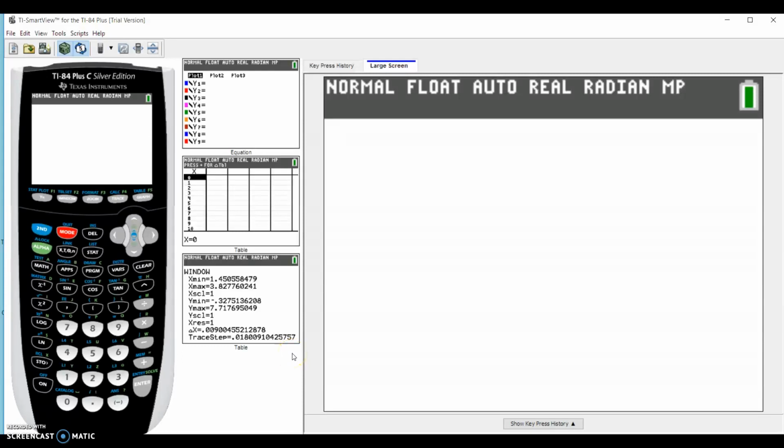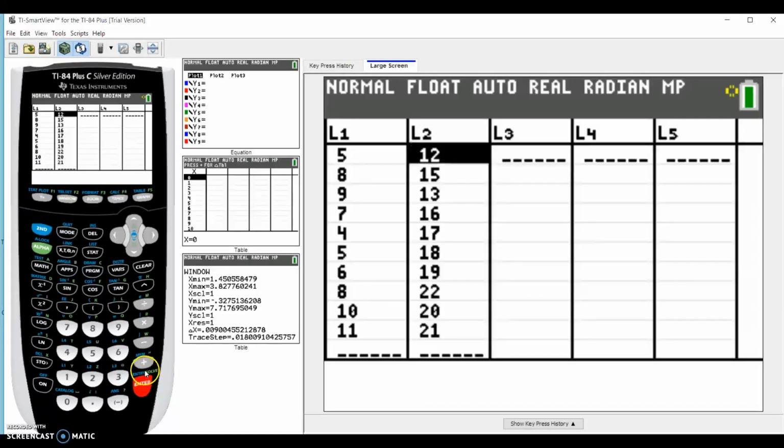In this video, let's go and look at some of the graphing features that you can do on your calculator. In order to graph any set of data, you're first going to want to enter the data into a list. So you're going to go to Stat, Edit. I've already put some data into my list 1 and list 2. You don't need the same set of data that I have. Just put something in there and make sure they both have the same length, since we'll look at a scatter